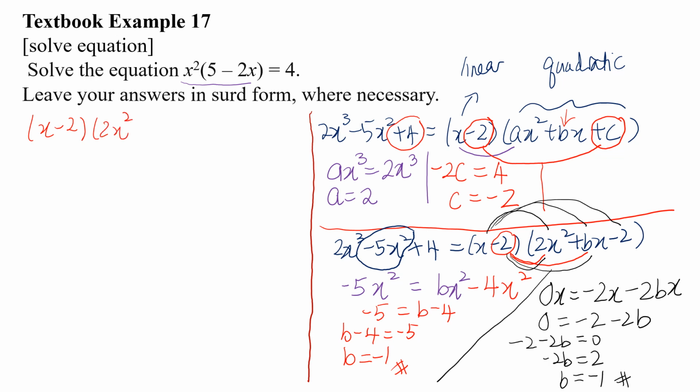My b is negative 1, so negative x minus 2 equals to 0. So I need to solve it. Solve it means to find the values of x, right? So it's either x minus 2 equals to 0 or